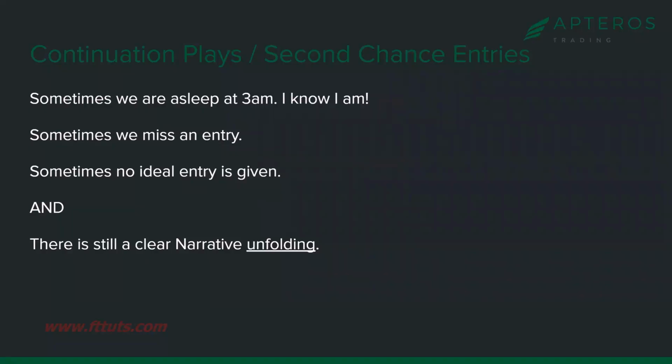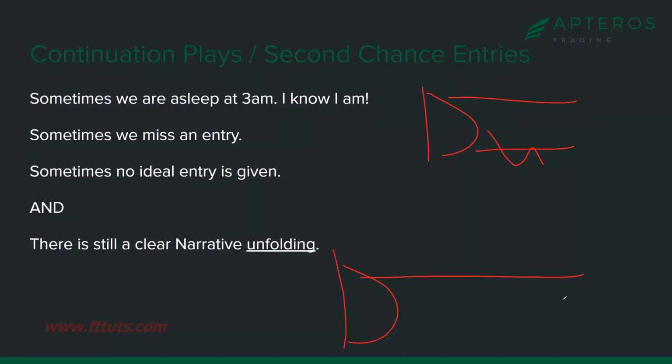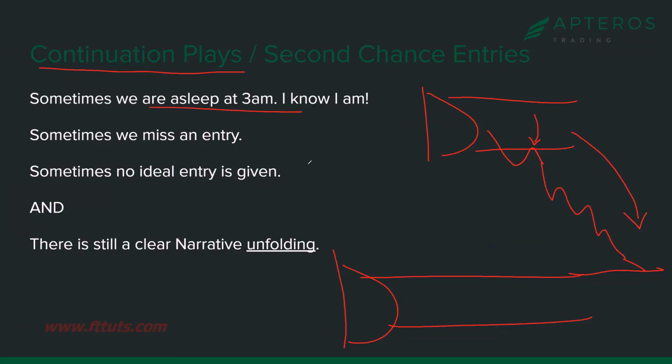Now, I'm sure some of you have been thinking, do we only ever take picture-perfect breakout pullbacks, and then as we go to that likely destination of that older CVA, if we didn't get short from right here, there's just nothing left for us? No. We have continuation plays while a narrative is playing out, and DVA is going to help us do that, right? We have to sleep. We can't catch everything. Sometimes we just flat out miss something.